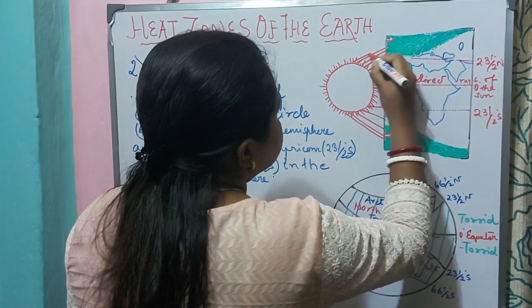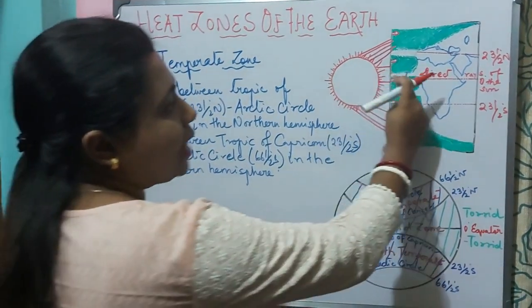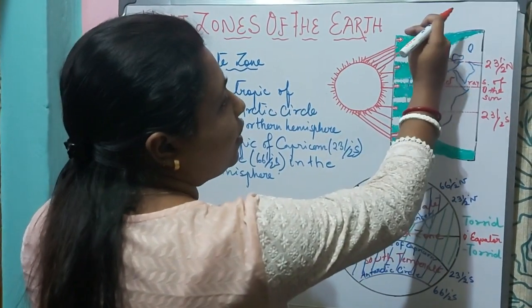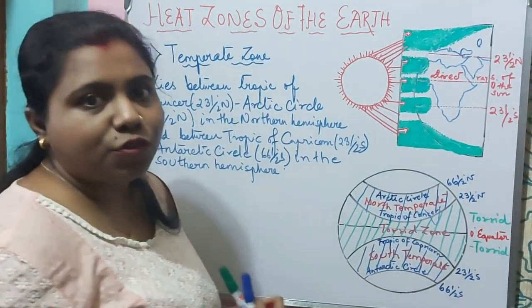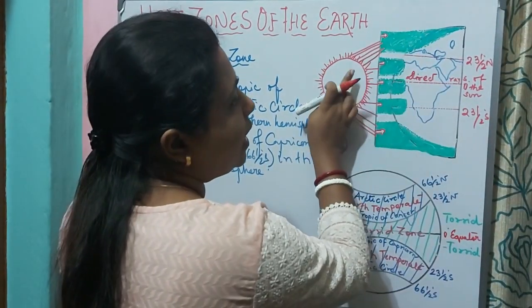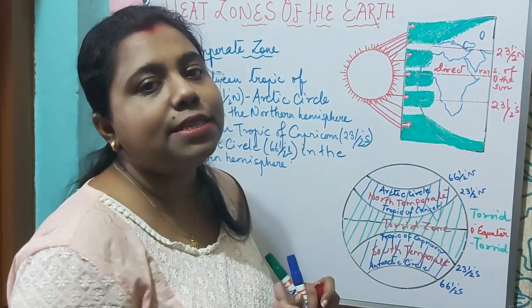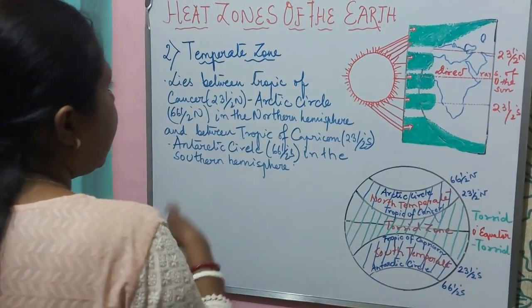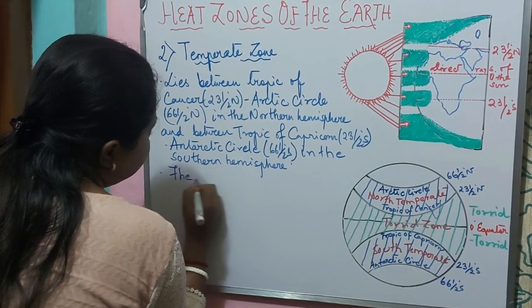That means the amount of sun rays reduces, right? So as we move from the equator, that means our latitude increases, the amount of sun rays also decreases, right? Latitude increases, but the amount of sun rays goes on decreasing, because now the rays are slanting in nature, no more direct. Here in the temperate zone, the midday sun